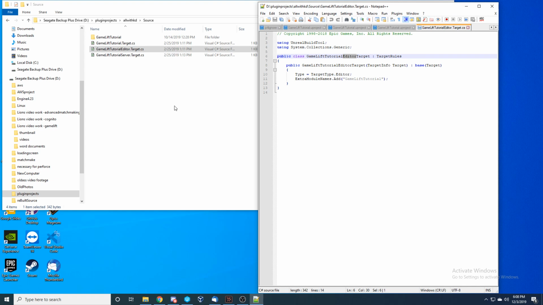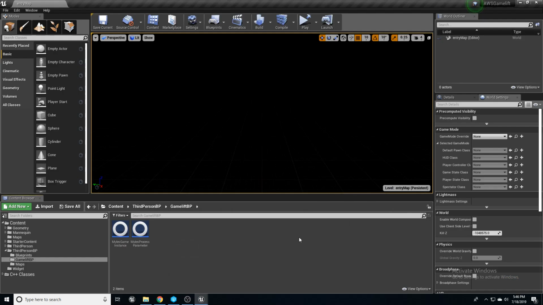Without this, you're not going to have the source to host a dedicated server on Amazon Gamelift. So you need to make sure you have this file in there. Alright, so now that we got those plugins installed into our engine, let's go ahead and set up the blueprint